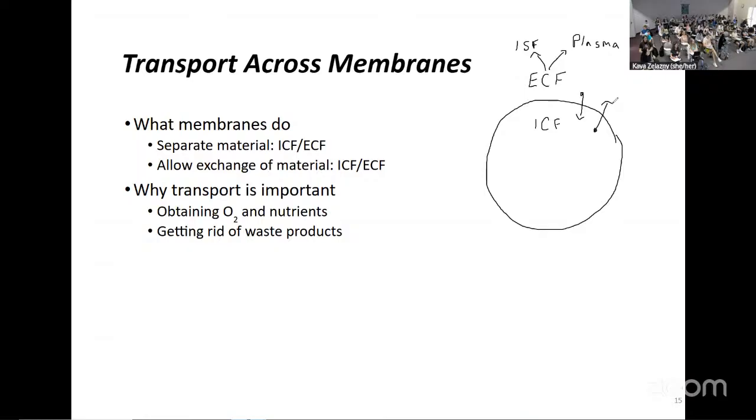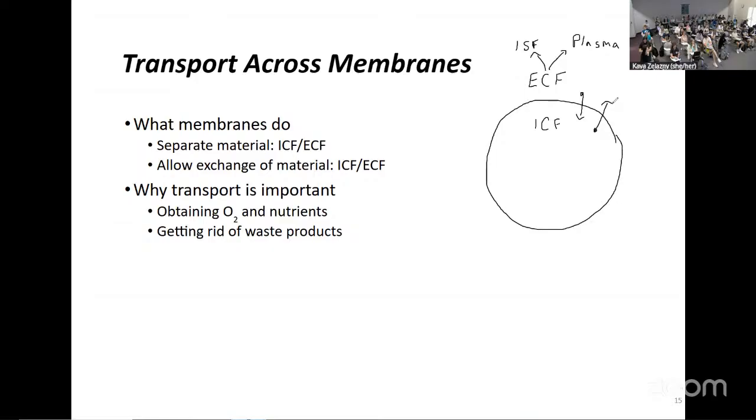Okay. Now, this is important because a cell does not have everything it needs inside that cell from the beginning of time and stay that way. We know that from our daily lives, right? We think about breathing. Why are we breathing? Well, one thing we're doing is breathing in oxygen because our cells need more oxygen. They run out, right? So transport is going to be important for pulling things in. Right? We're going to want oxygen to come in. We're going to see other nutrients we want to pull into cells as well, like glucose, right? We might want to pull in some glucose so we can do aerobic cellular respiration and actually get some ATP